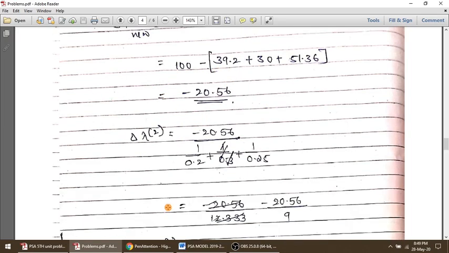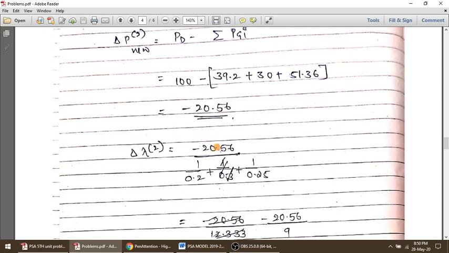Now there is a slight modification in the delta lambda calculation. Here we will not include the generator unit which has violated its limit and whose value is fixed to a certain limit. Here the second unit has violated its limit, so we have fixed its value to 30 megawatt. So there is no need to calculate the power output for that particular generating unit. When we are calculating the delta lambda value, we will exclude that generator unit, and then we will calculate delta lambda.